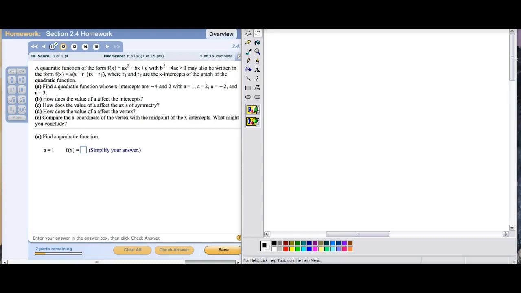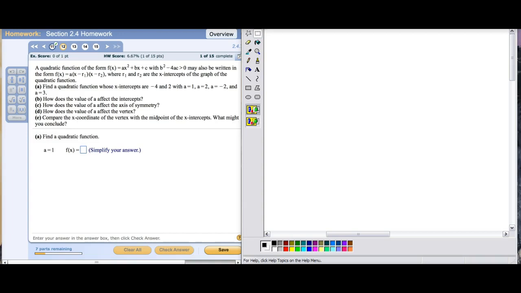All right, so for our next question here, we see that we have a quadratic function stated in its canonical form, and we're told that the discriminant b squared minus 4ac is greater than 0. So what that's communicating to us is that we do have two distinct real solutions for the quadratic function equaling 0,